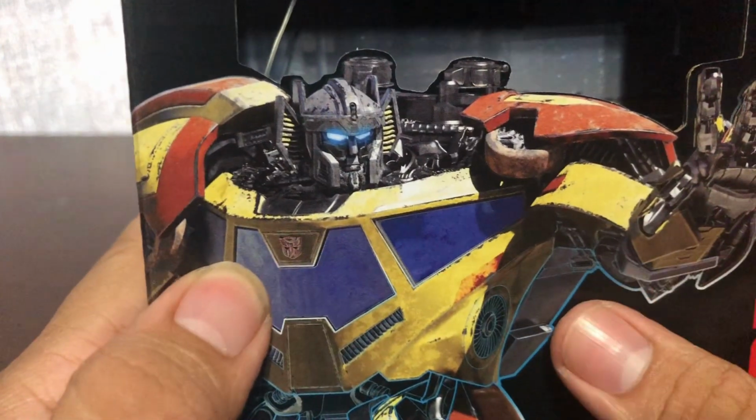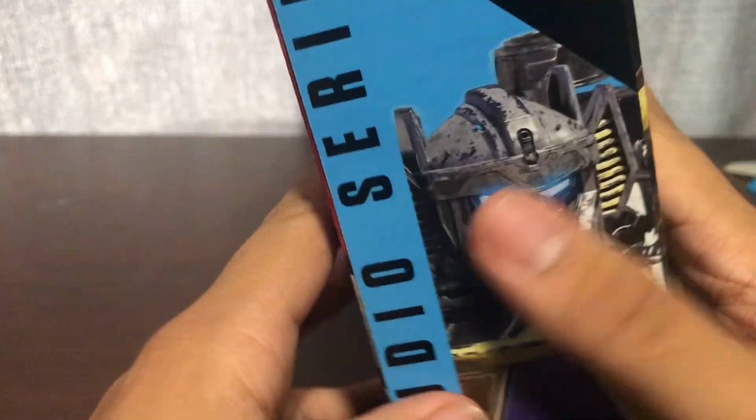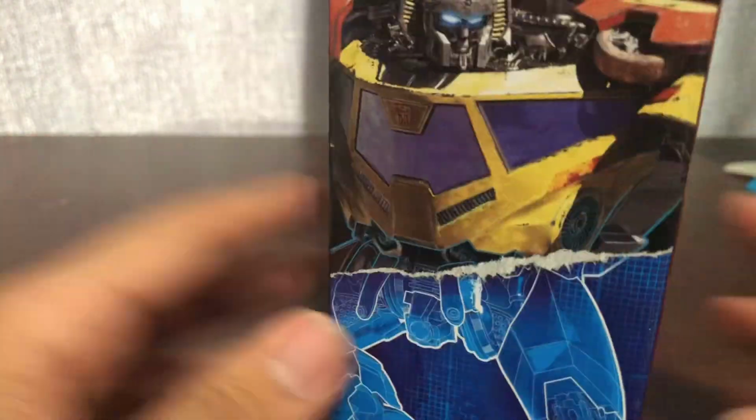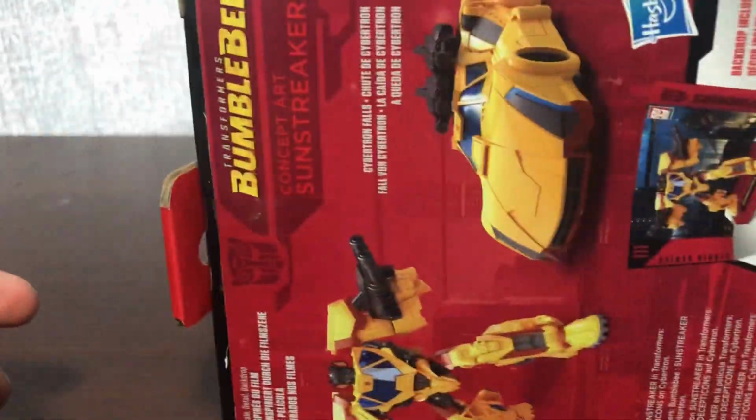We're going to take a look at the packaging. You can see there's Sunstreaker's design. I like it. And this side of the box you get Sunstreaker. This side of the box you got Sunstreaker again. On the top, Bumblebee movie. On the bottom, words and things and barcodes. And on the back of the box, you have your own big obligatory product shot. So that's basically it for